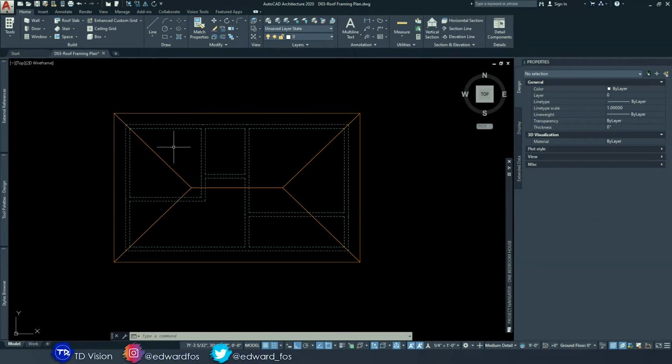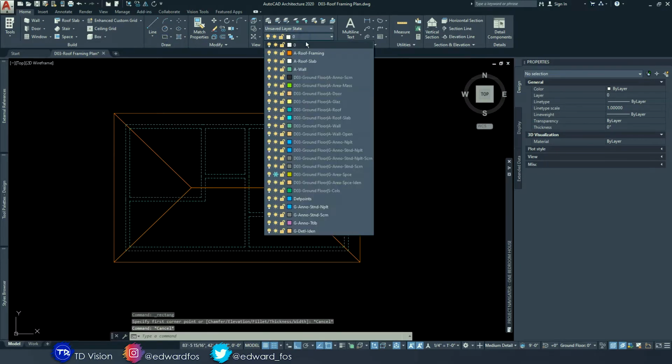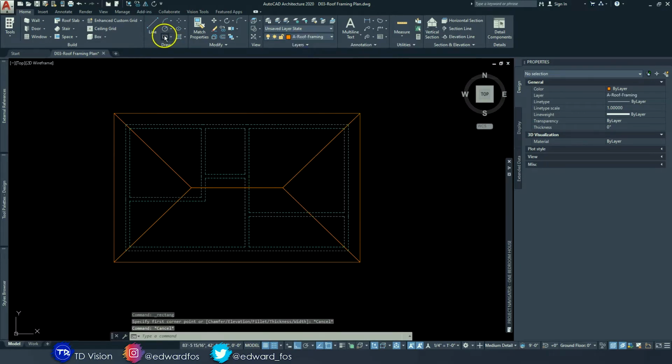Now the roof is in focus while the walls are in the background. From here, we can go ahead and start to add our roof framing elements. So all your rafters, all your fascia board and all of that. I like to begin with the fascia board because I think for this particular project, that's the easiest place to begin. So what I'm going to do, I'm going to switch over to the roof framing layer and then draw